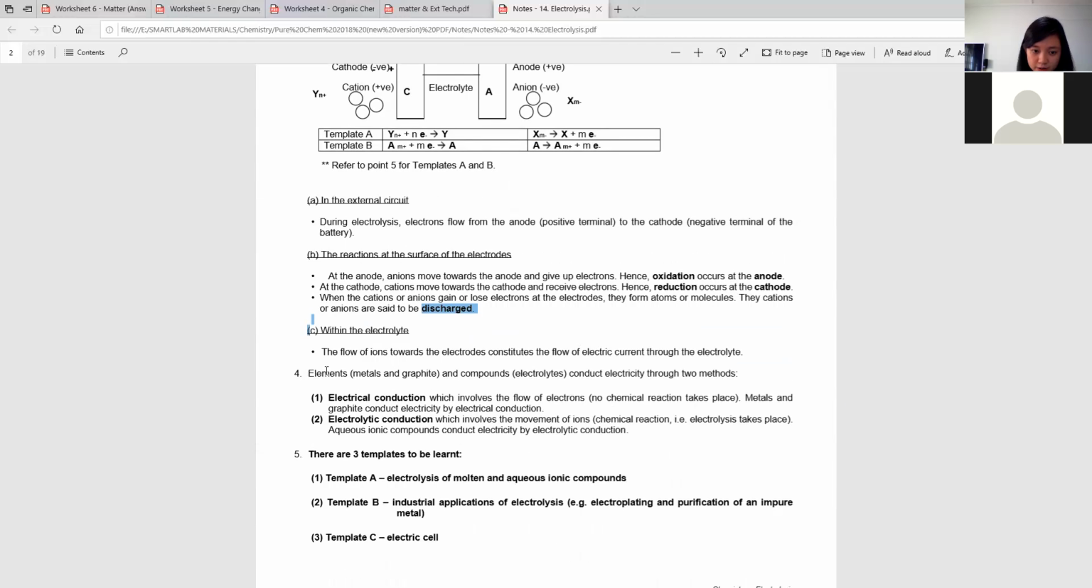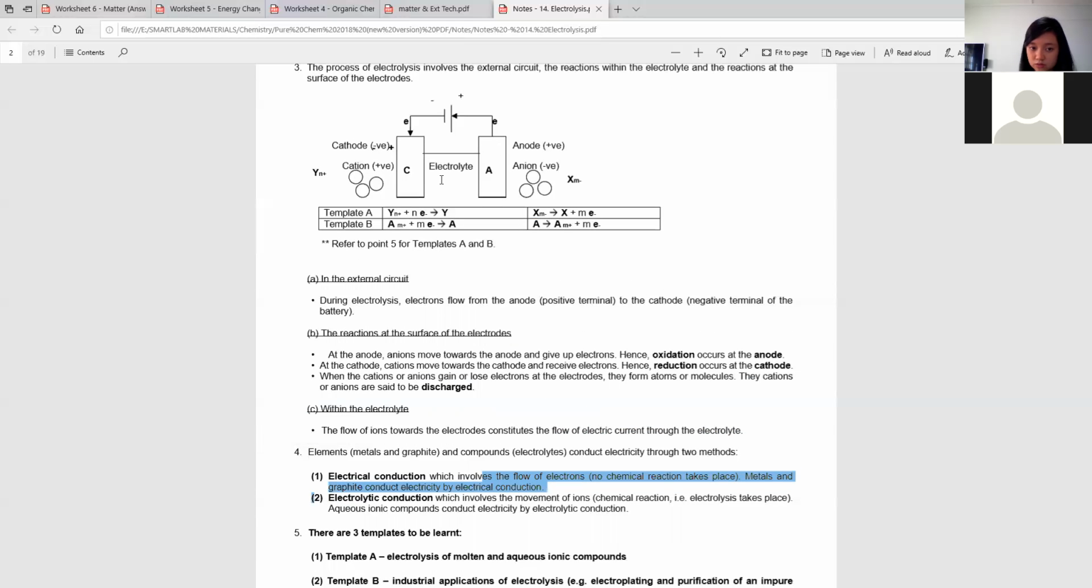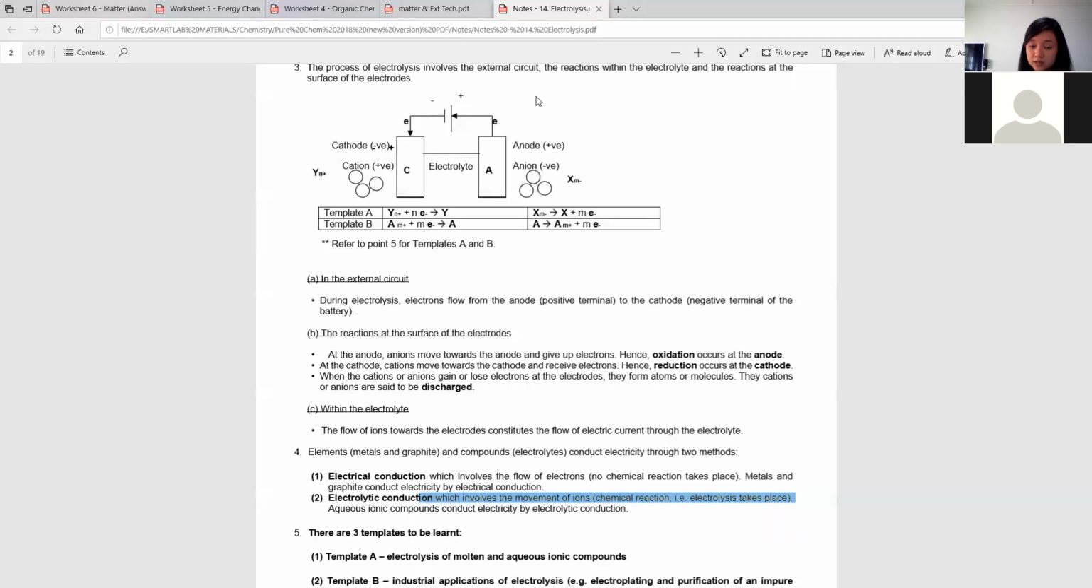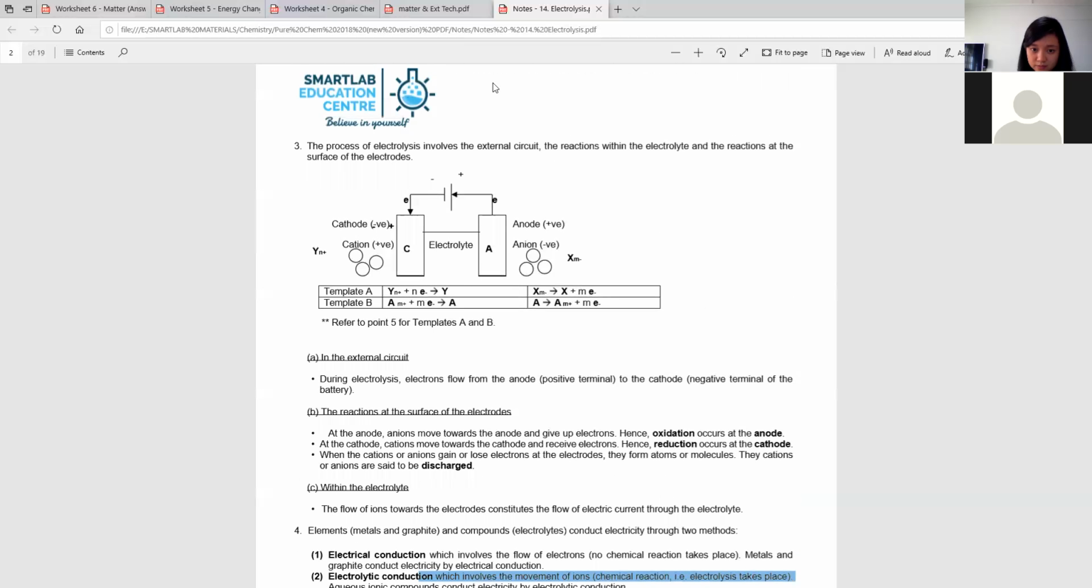Okay, and also elements and compounds conduct electricity through two methods. The first way is the flow of electrons. Because you gain electrons and lose electrons, there's a flow of electrons. The second way is electrolyte conduction. Because of these ions, you are able to complete the whole circuit. Okay, so far